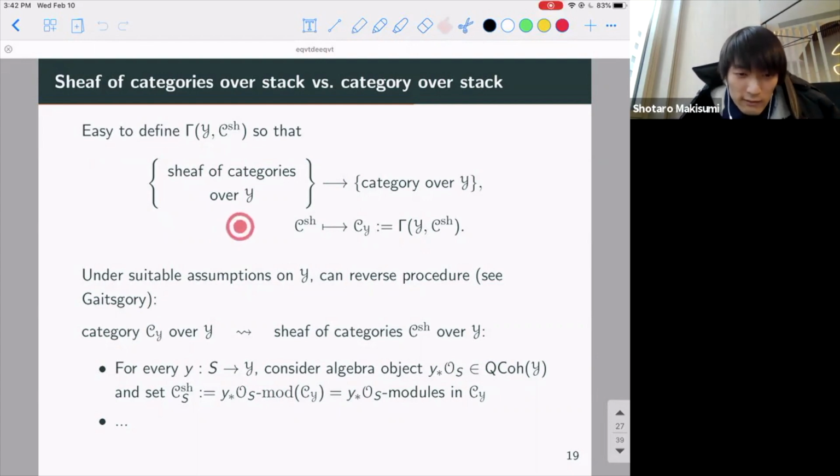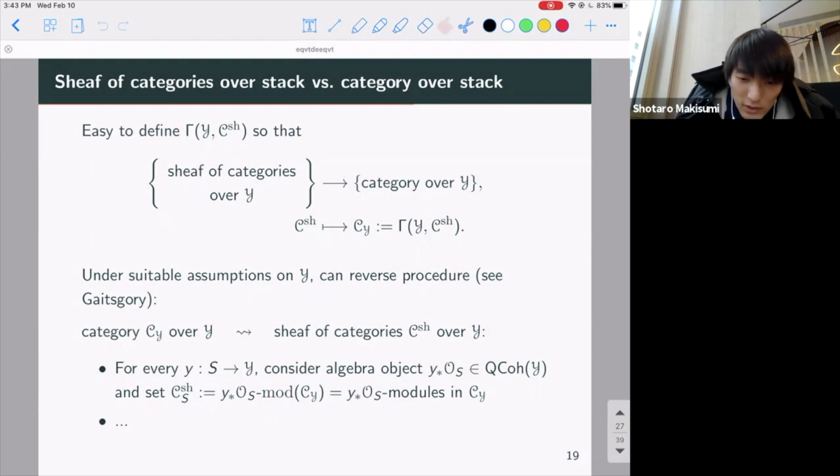Well, if I have the latter, if I have a sheaf of categories over Y, then it's easy to get out of that a category over Y. I just take as this the category of global sections, so it's what you expect. It's compatible objects, and so on. And so from the definition of a quasi-coherent sheaf over Y, because it's defined in a similar manner, you see that the result definitely has an action of quasi-coherent sheaves on Y.